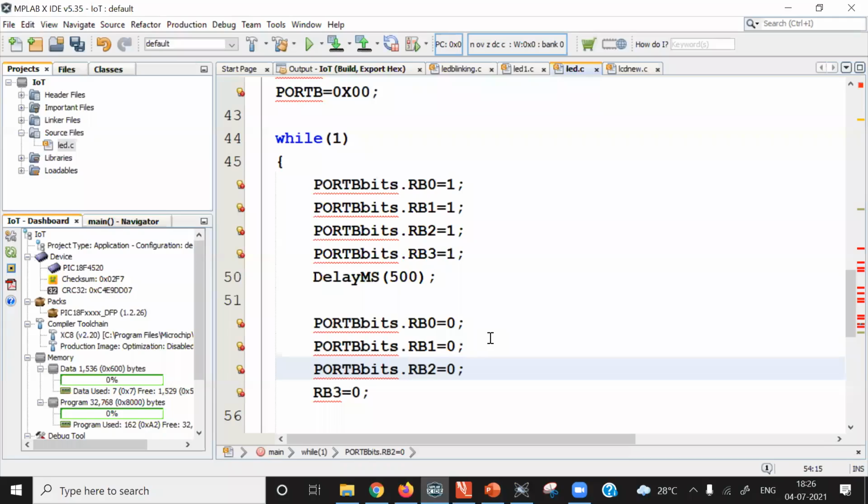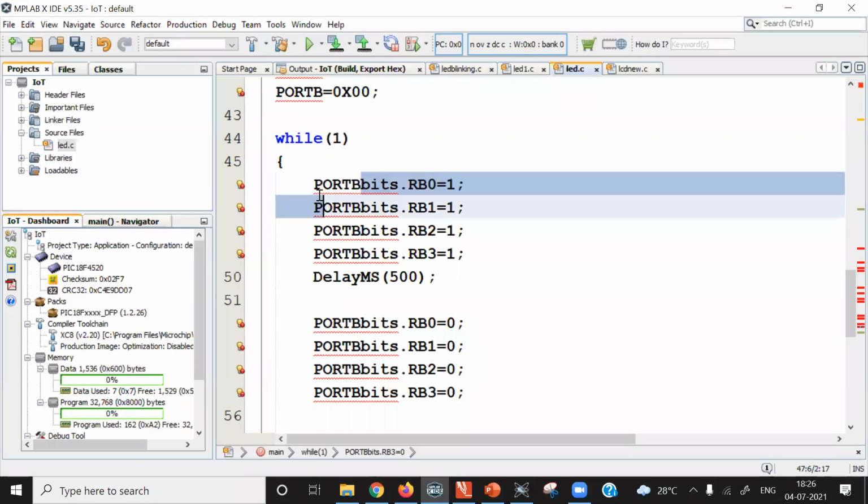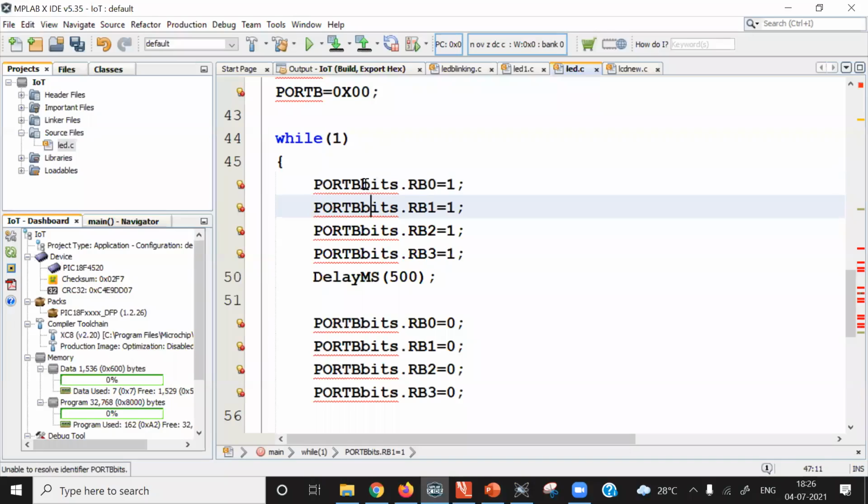You can directly make use of field names like RB0, RB1, RB2, and another method is the name of the SFR. The name of the SFR here is PORTB. Let me highlight. The SFR name is PORTB, and after that I am writing bits in lowercase dot RB0. So this is another method to set or clear individual bits of any SFR.